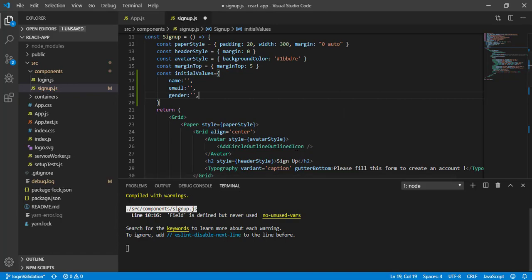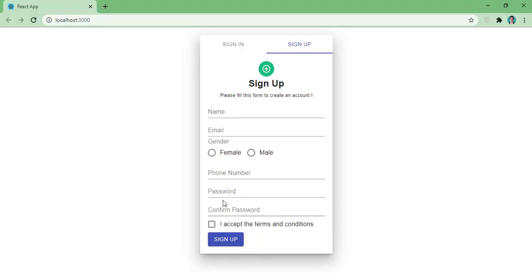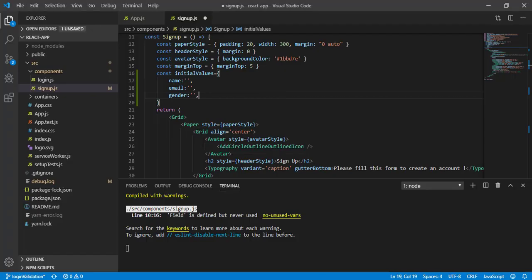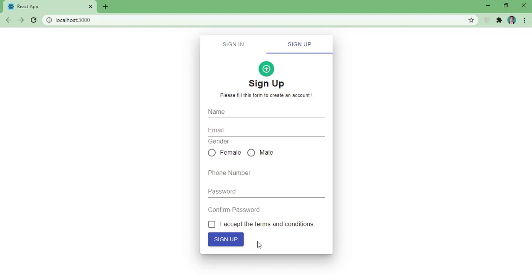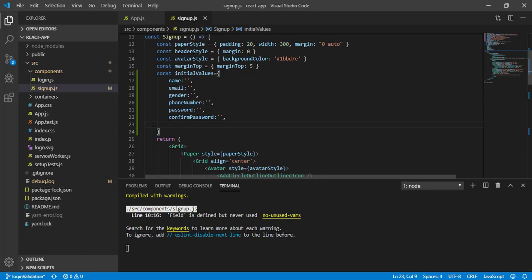with an empty value. Next are the phone number, password, and confirm password. At last we have the checkbox to select the terms and conditions, so let's define it here as termsConditions, and define its initial value as false.